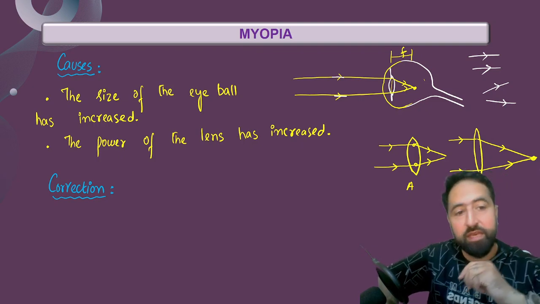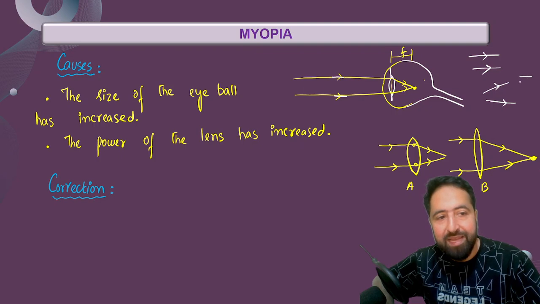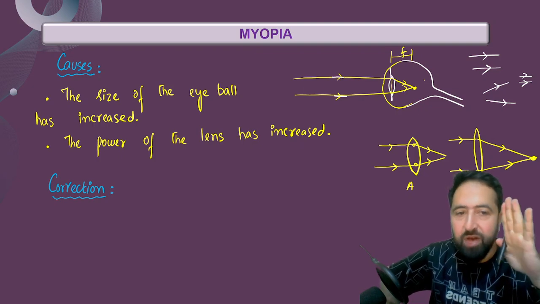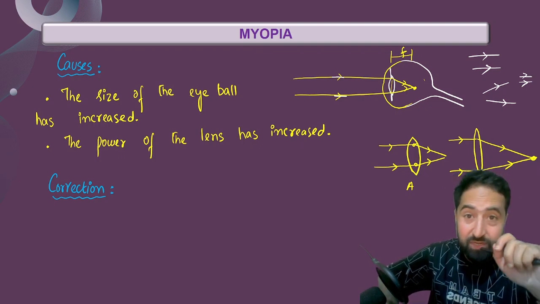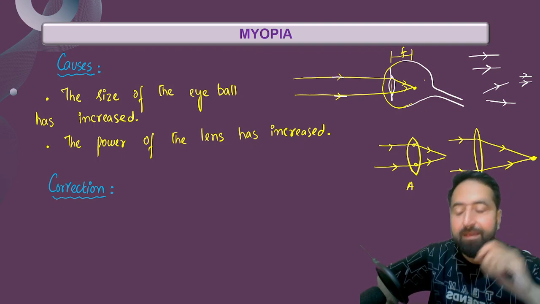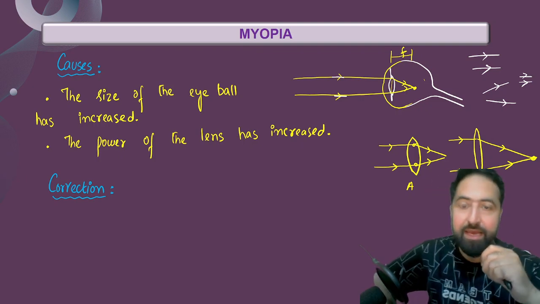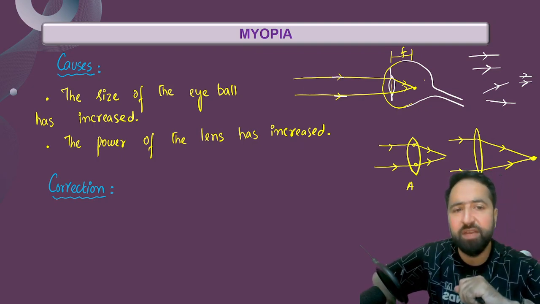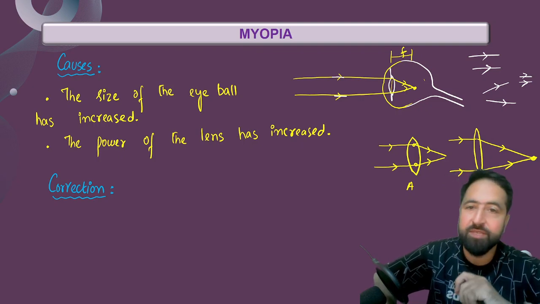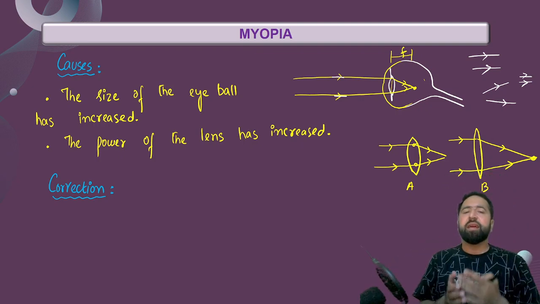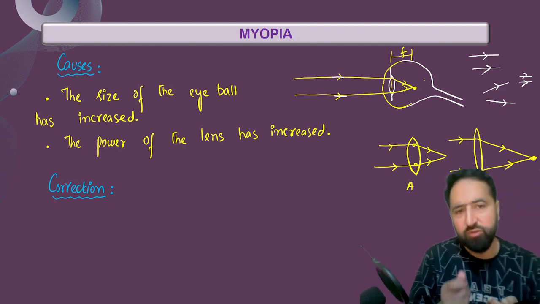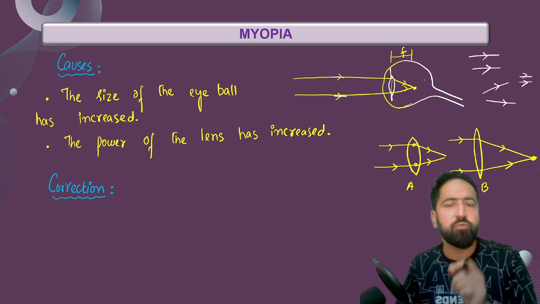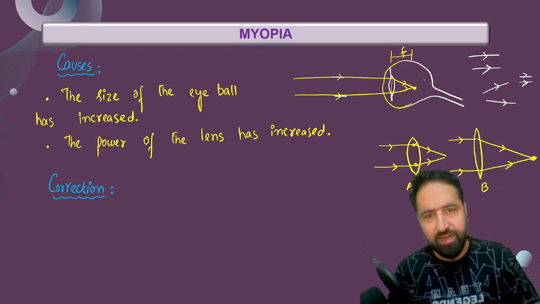मुश्किल हो जाएगा converge करने के लिए। क्यों? Because divergent rays को आपको सबसे पहले parallel बनाना है, ठीक है? और parallel के बाद वो converge हो जाएंगी। ओके, सो आप एक ऐसा लेंस लगाएंगे इसमें जो कि रेज को डाइवर्ज करेगा बिफोर एंटरिंग द आई। ठीक है, रेज जो है वो आई में आने से पहले अगर डाइवर्ज हो जाए तो इस लेंस को टाइम लगेगा उसको कन्वर्ज करने में, ज्यादा डिस्टेंस लेगा कन्वर्ज करने में। ओके, और इमेज जो है वो बराबर कहाँ पे बन जाएगी, रेटिना पे। ठीक है, अब ये डिपेंड करेगा कि कितना डिफेक्ट है। किसी को ज्यादा डिफेक्ट है तो कॉनकेव लेंस का पावर भी ज्यादा होगा जो हम लगाएंगे। ओके, किसी को कम डिफेक्ट है तो कॉनकेव लेंस का जो पावर है वो कम हो जाएगा, कम वाला लेंस लगाएंगे।